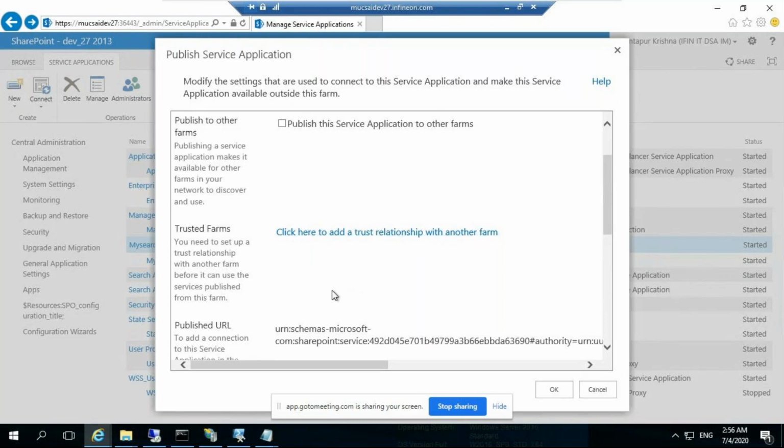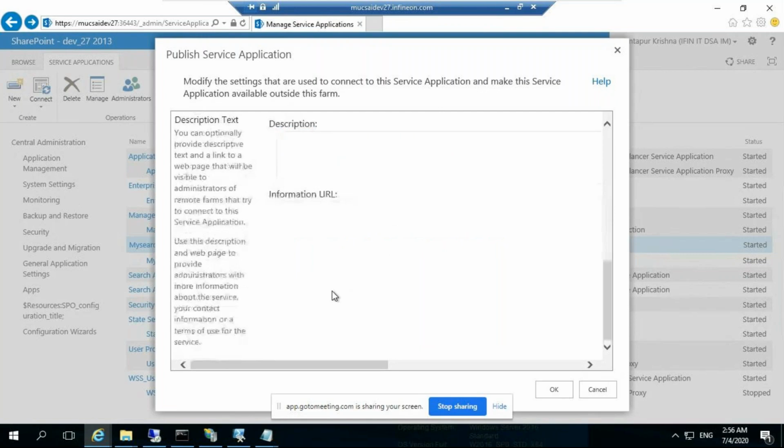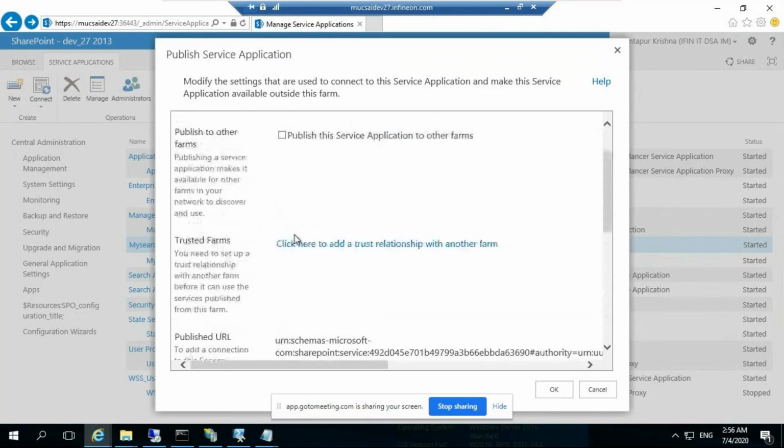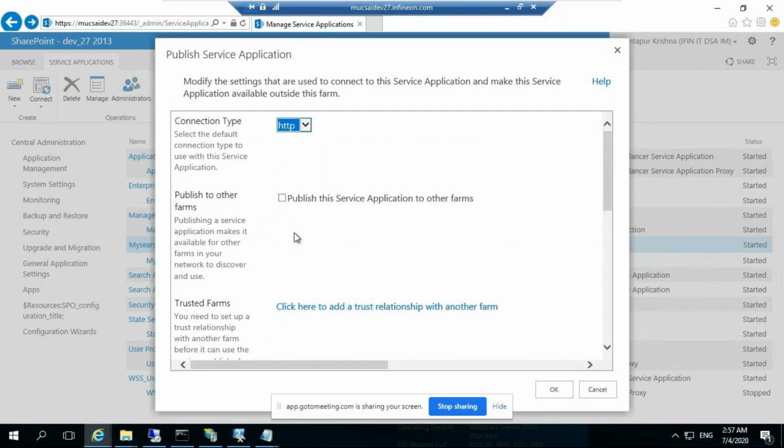So here proxy means, is it for like we have backup purpose? Yeah, backup, or suppose I want to pull the results from another farm. Suppose in a different farm different search results will be there. They are also created in central admin in another farm.